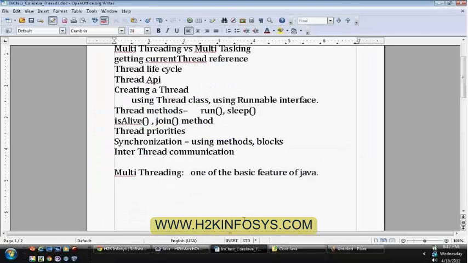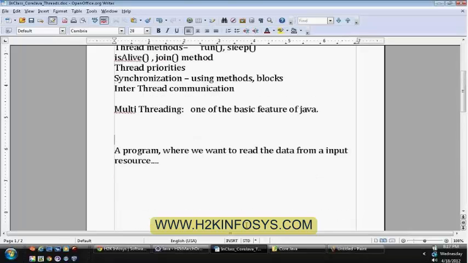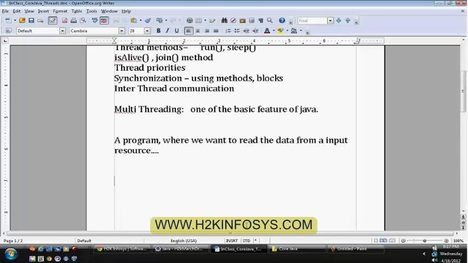But let us take an example. We are working on a program where we want to read data from an input resource. We haven't covered any streams, but just understand this as basic information.